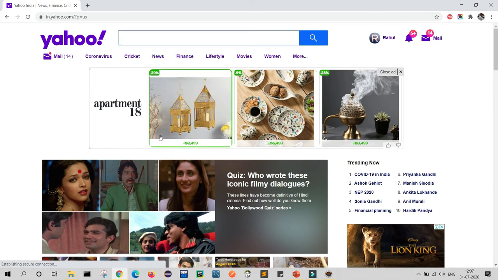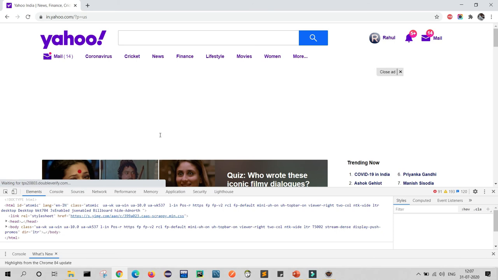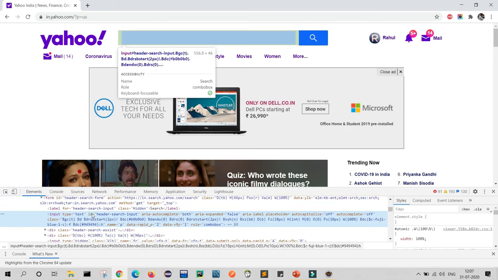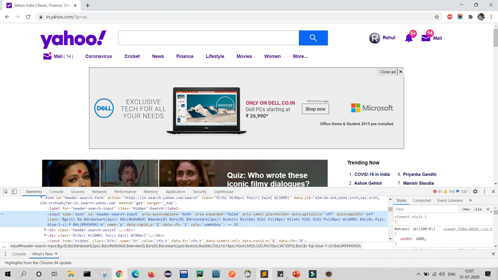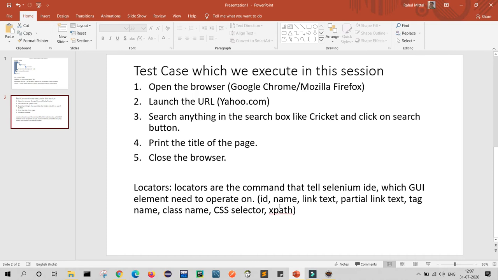So in this text box I want locator ID. As I already showed you, the types of locator are ID, name, link text, partial link text, tag name, class name, CSS and XPath. So here I found the ID of that particular search box.